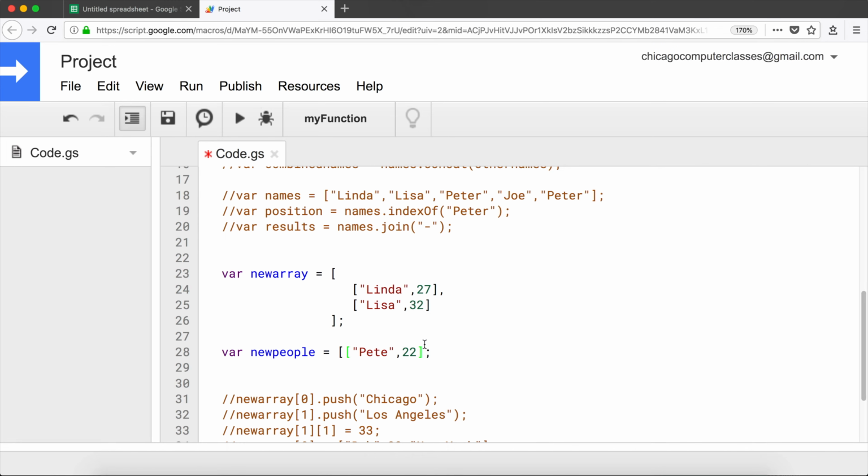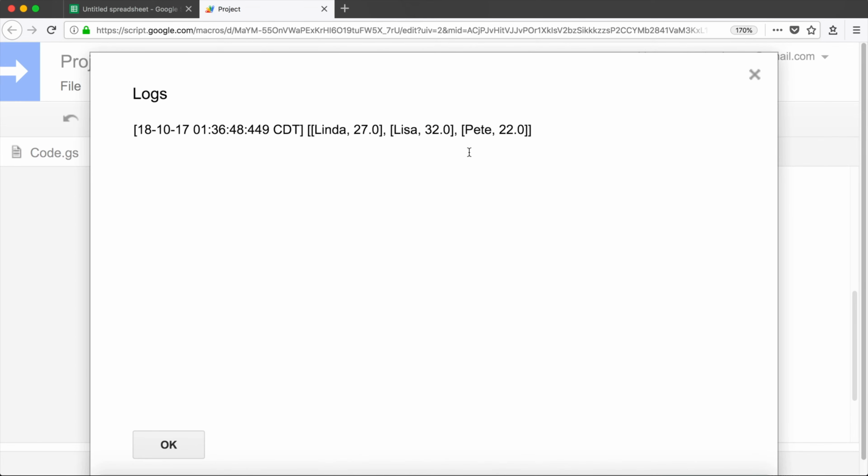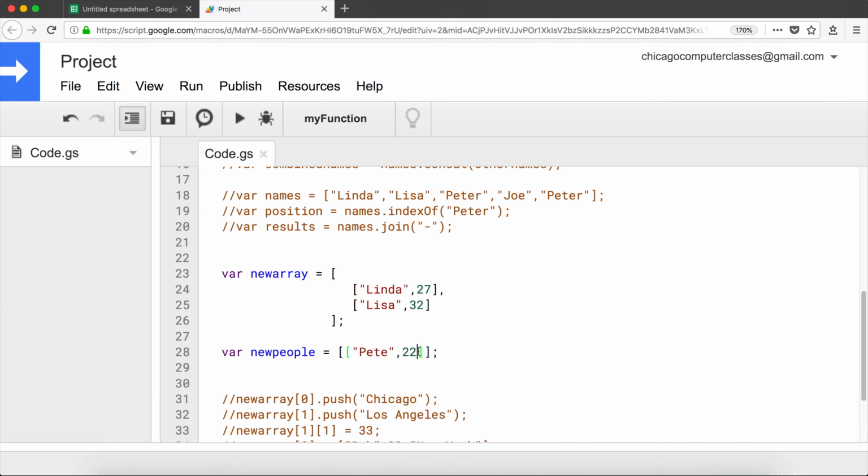So if you wanted to work with the single name, you would put something like this. So that's an array that has an array. And now if I run this, see, now that works. Now let's also do one more thing. Something like this. So I'm going to run this